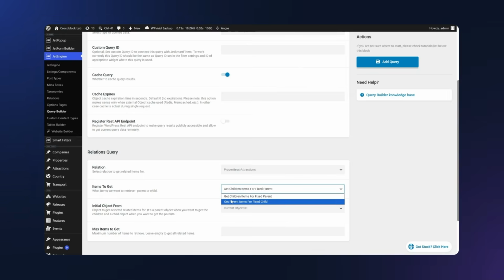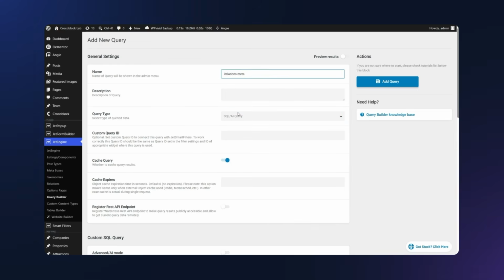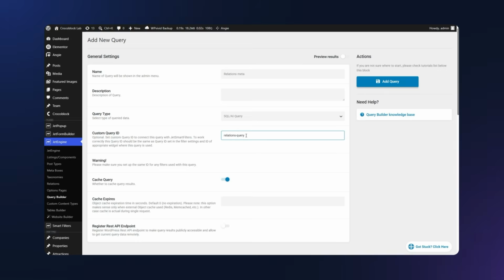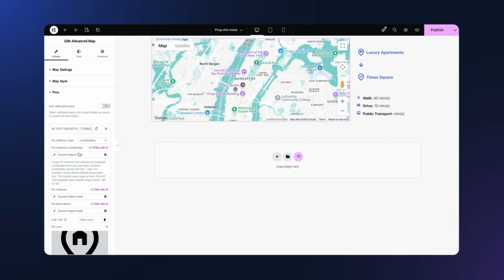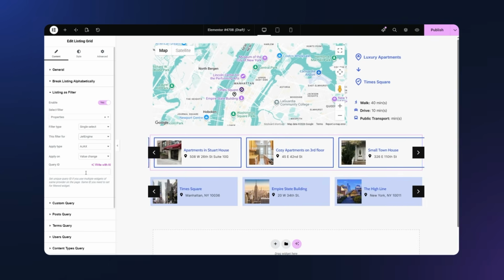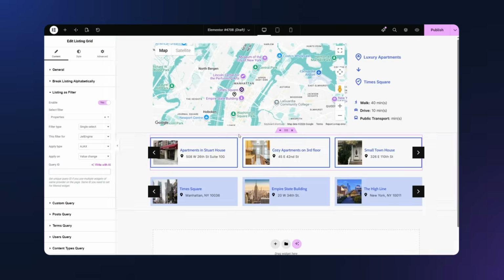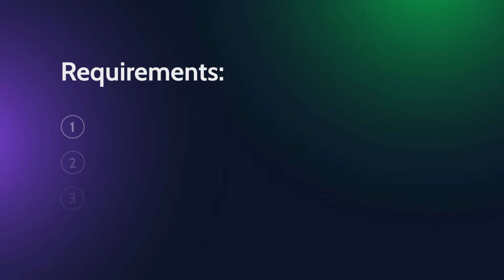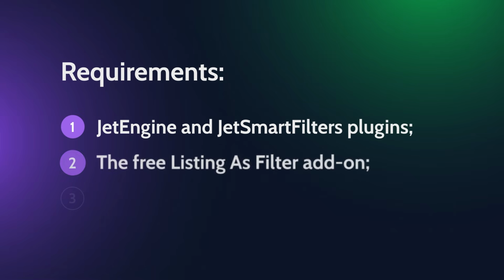This method doesn't have the usual limits of shape, size, or other visual stuff you normally run into with standard filters. The process, in my opinion, is much easier than it seems from the title of this video, but the results are truly impressive. You will need JetEngine plugin, JetSmartFilters plugin, and the free JetEngine Listing as Filter add-on that